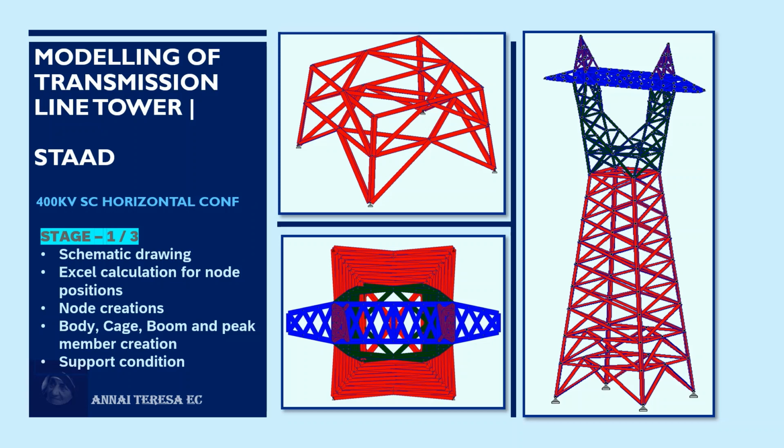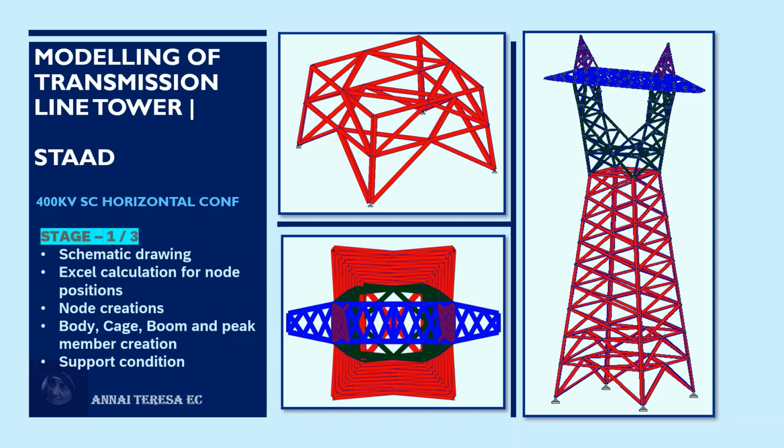In this we are going to see a schematic drawing of this horizontal configuration tower of 400 kV, Excel calculation for node positions in STAAD.Pro, node creation in STAAD, body cage, boom and peak member creation in STAAD.Pro, and support condition in STAAD.Pro. In the right hand side you can see